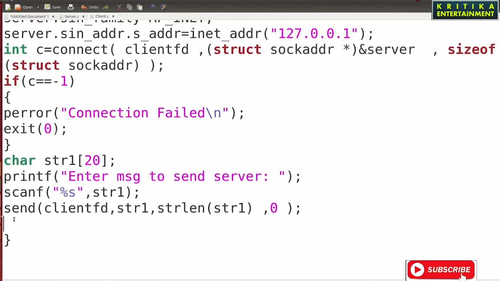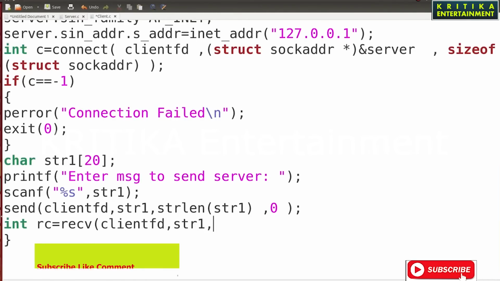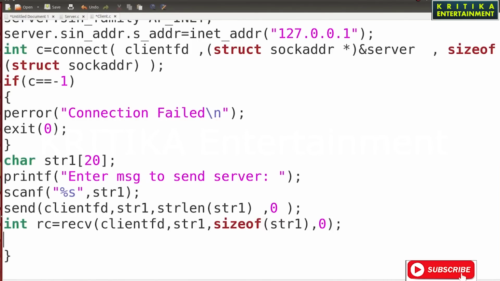How to write the client side? Now you will write int rc is equal to recv, what it will pass, the client FT, then str1, okay, then size of str1, then 0. And printf message come from server is percentage s slash n, str1.